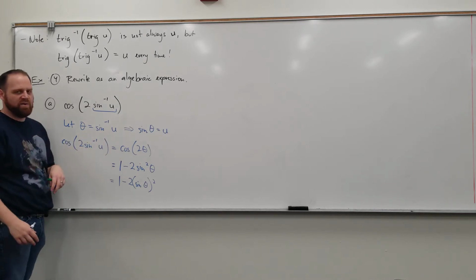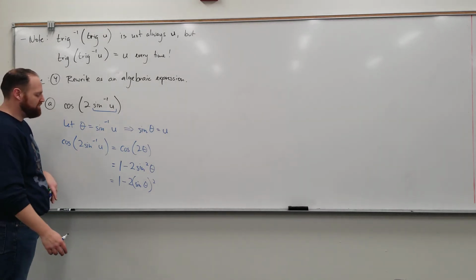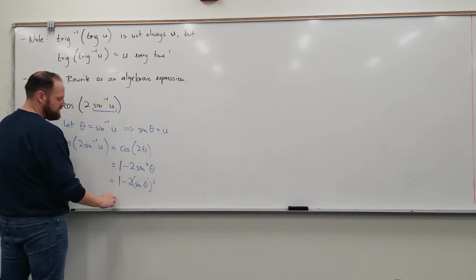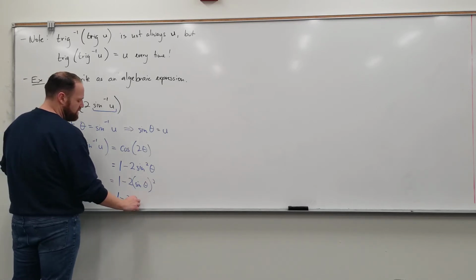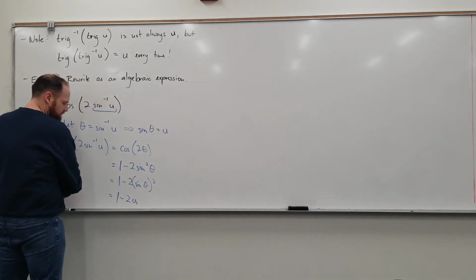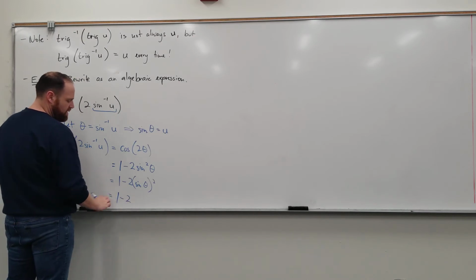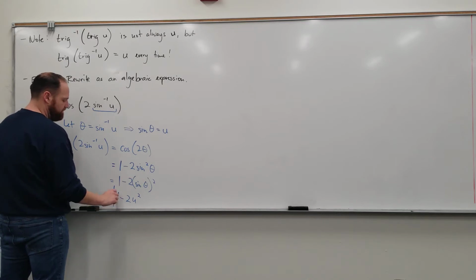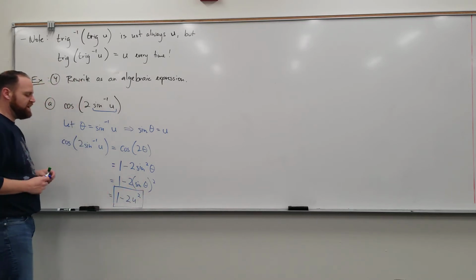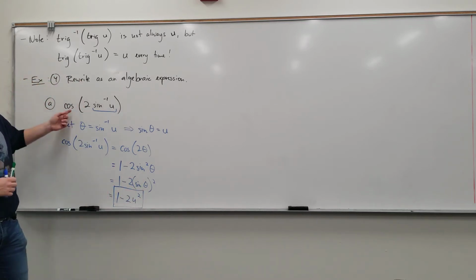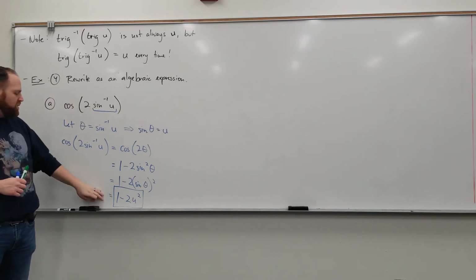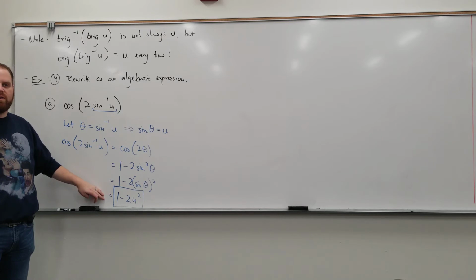That sounds like funny grammar, but u is sine theta. So sine theta here we can just replace with u. So this is 1 minus 2u squared. And that's it, right? That's our algebraic expression. So this thing, cosine of 2 times sine inverse of u, that's exactly equivalent to just 1 minus 2u squared,